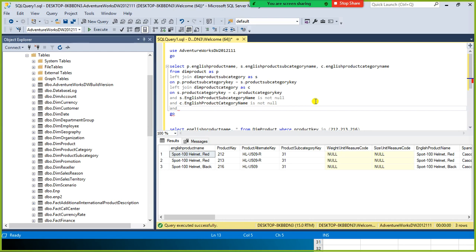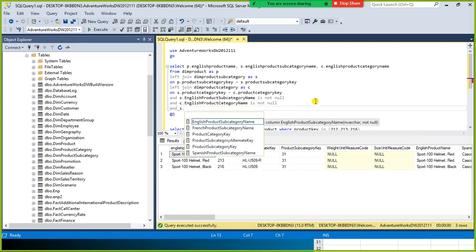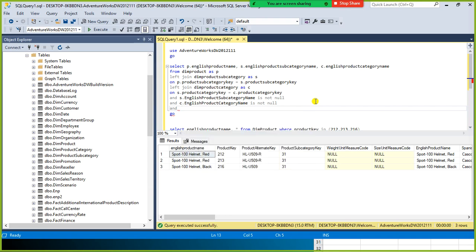Even in the case of dimension table, as I told you in the last session, when a customer changes the address, we store the customer's current address as well as the previous address. The customer address we store in the customer dimension, isn't it? Similarly, the product also, because the prices change over a period of time. So here what I do is p dot status is not null.